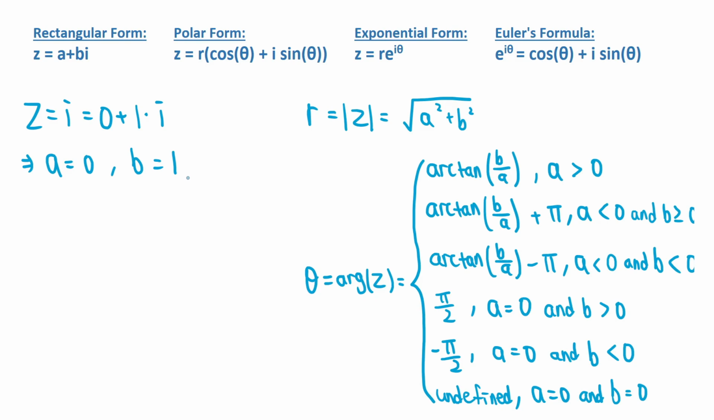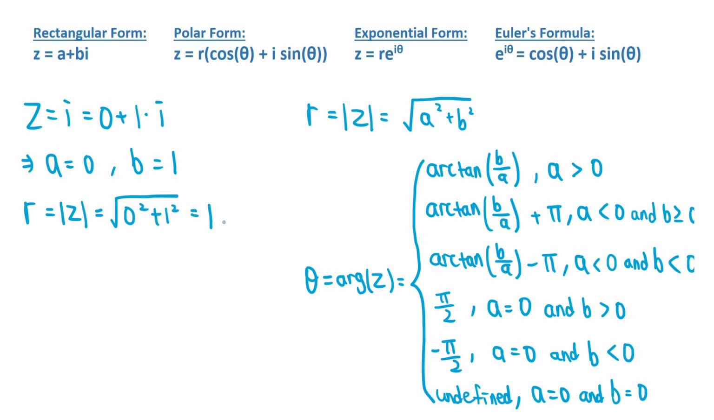In order to convert into polar form, we need to work out r, which is the absolute value of the complex number z, and theta, which is the argument of z, or the angle between the positive real axis and the line going through both z and the origin in the counterclockwise direction. So to work out the values of r and theta, we need to use the formulas we have listed on the right-hand side. So for r, that's just equal to the absolute value of z, which is equal to the square root of a squared plus b squared. And we know that a is equal to 0 and b is equal to 1 in our case. So this is just equal to the square root of 0 squared plus 1 squared,